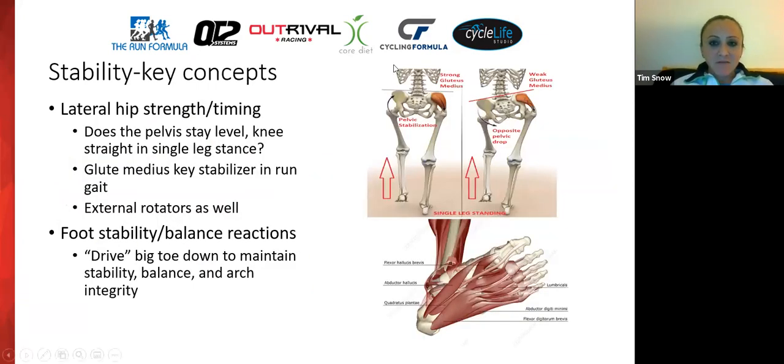And moving down a little bit further, so that was all of our trunk upper body stability concerns. Down further, we like to look, stability wise, at the strength on the outside of our hips, as well as how well it's timing. So going back to that pelvic drop, we want to know if these muscles on the outside of the hip are strong enough and can fire at the right time in order to keep the pelvis stable here, or does the pelvis drop down, which is a deviation that we don't want to see.